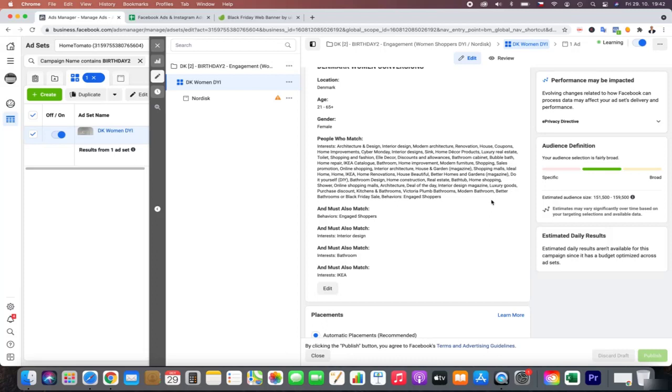But I'm not saying that this is the only way you should do it. This is somehow how I would do it. What you can consider is always to define something that will be even more targeted.